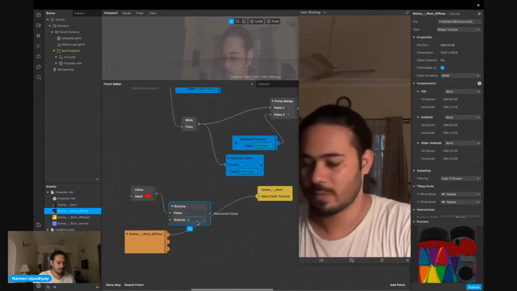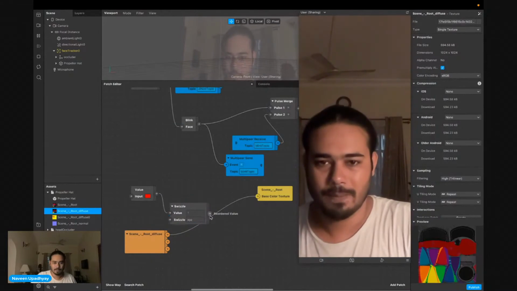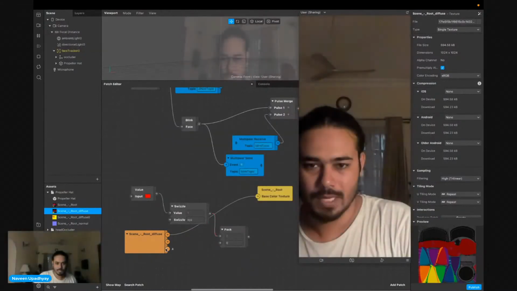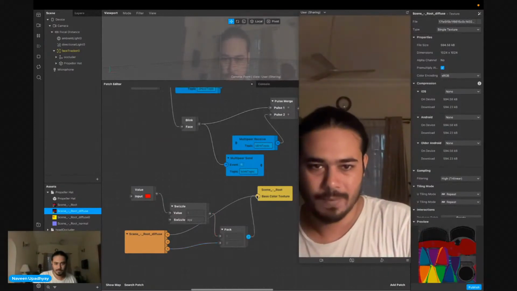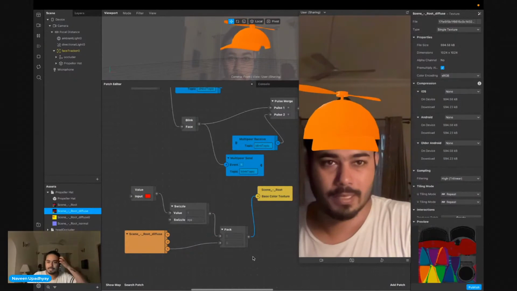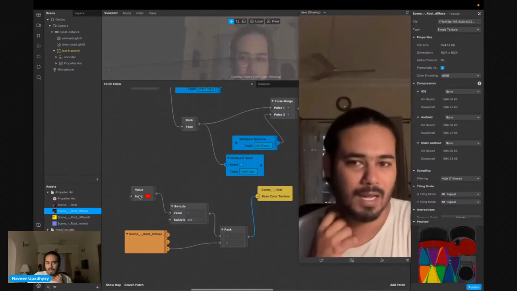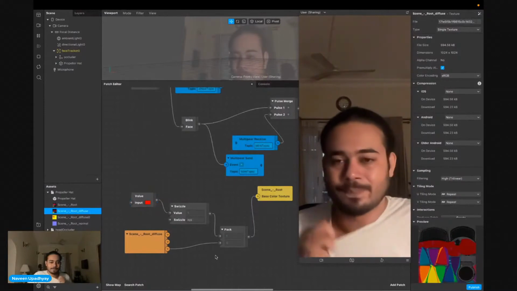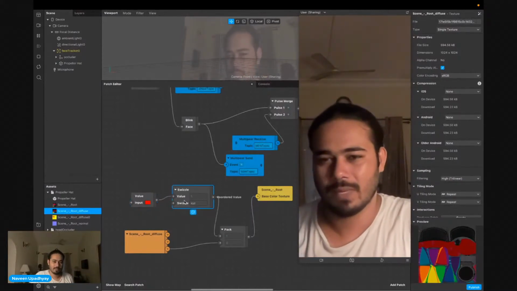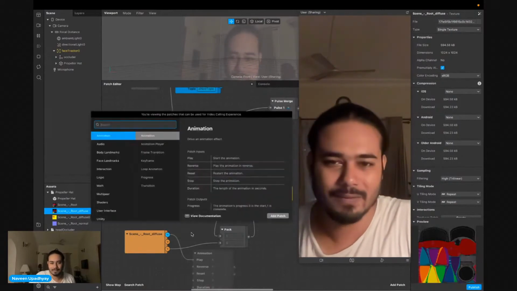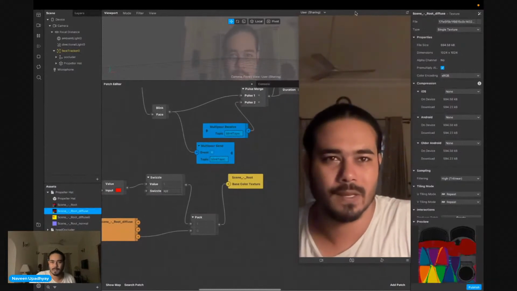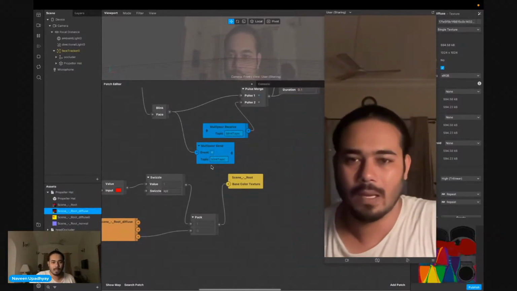So the color value is my X, Y, and Z, and if I pack this as a vector 2 to the alpha of this, it should give me some different color, right? Because it is now multiplied with the color that I gave it, and the alpha with the alpha. So this is how I can change the color of that. There are a couple of ways also, like you can multiply this RGBA entirely with some other color, that can also work out. But let's change the alpha so we keep the details of the cap.